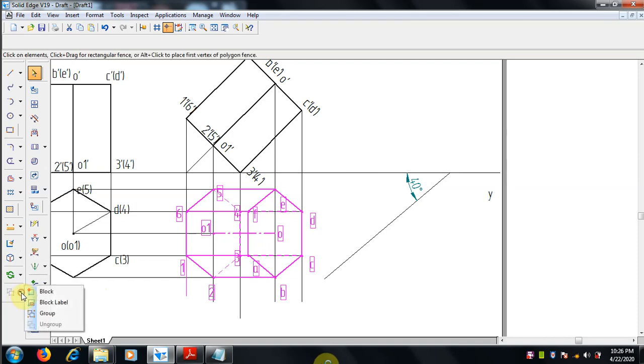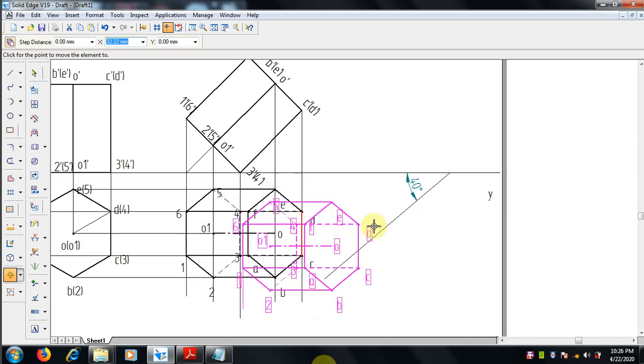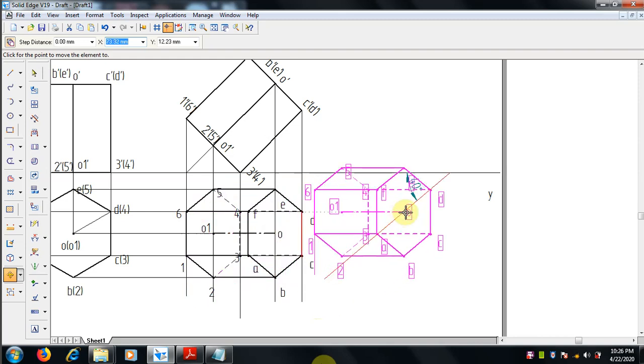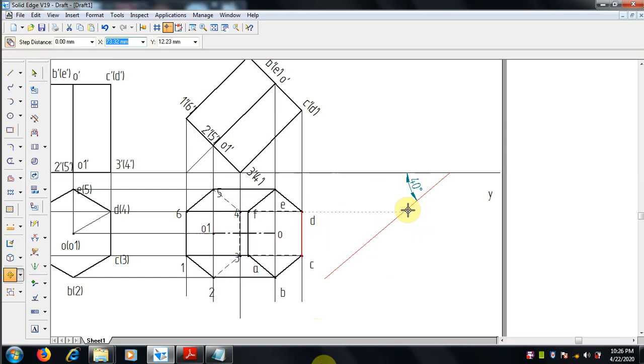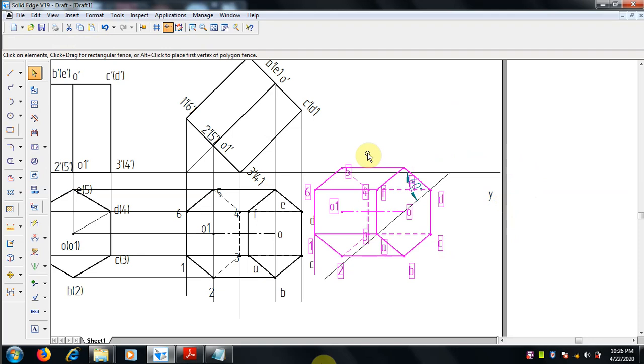Next we have to move. Okay, select move command, make a copy move, and we can select through the axis, whatever it is we are going to keep the axis on the inclined line. So select the entire view and moving point. Okay, point to move, that is O. I am selecting here, and I will keep the O here. Now it is moved, a copy is moved here.